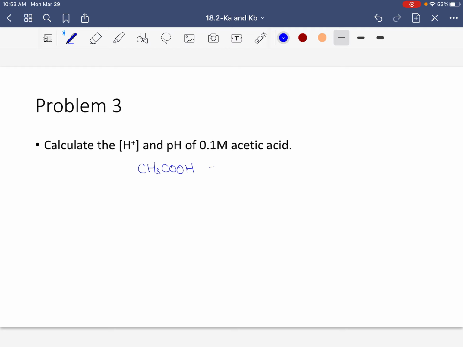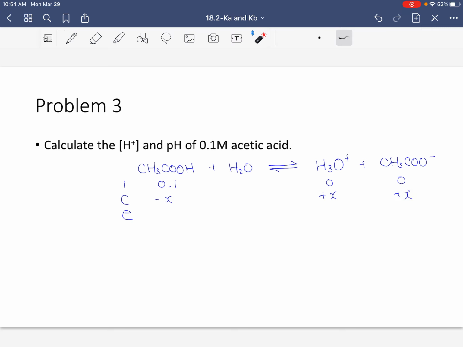CH3COOH is a weak acid. So what that means is that there's going to be an equilibrium sign of H3O plus and acetate anion. Let's do a little ICE table, and we started out with 0.1 of these. None of these. This will decrease. These will increase, and this is obviously something that we are very interested in. And at equilibrium, 0.1 minus x. These are x. Okay, and my job is to find out what this number is and then negative log that